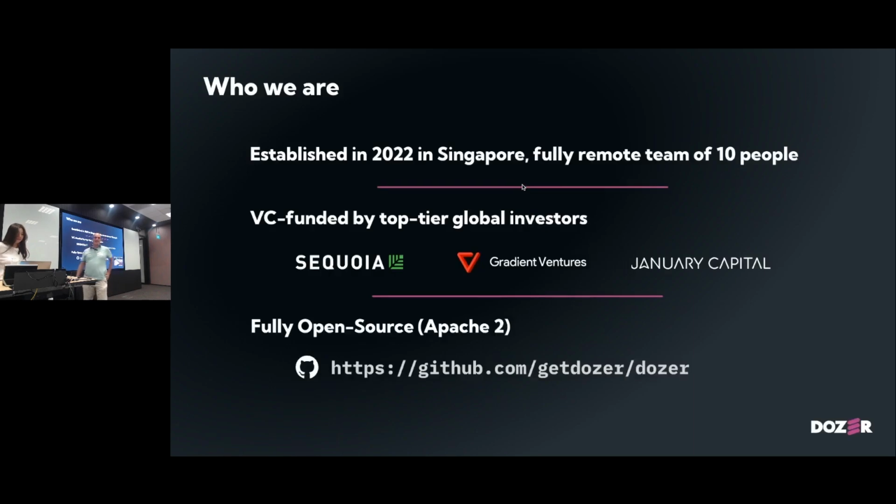So Dozer is, we founded this back in September 2022. We are in the data space. We'll go into the details. We are VC funded, and we are fully open source under Apache 2 license. And you can take a look at our repo there, and you can play with it, and you can start